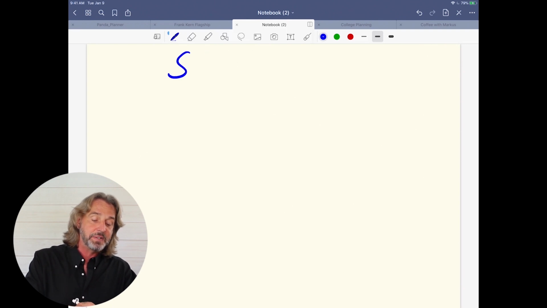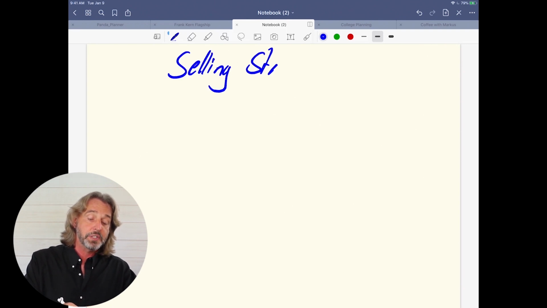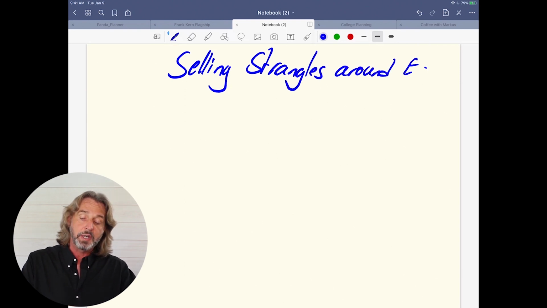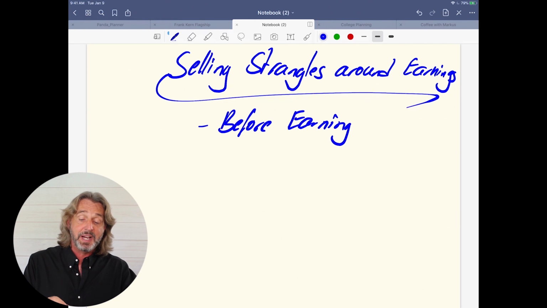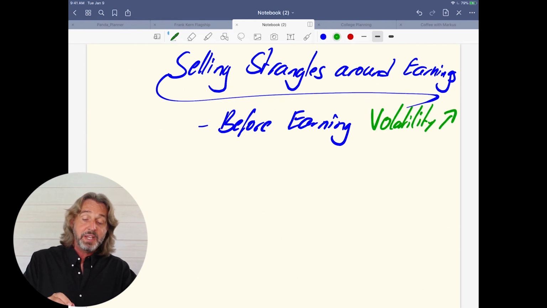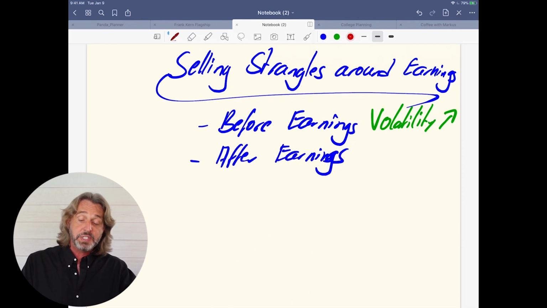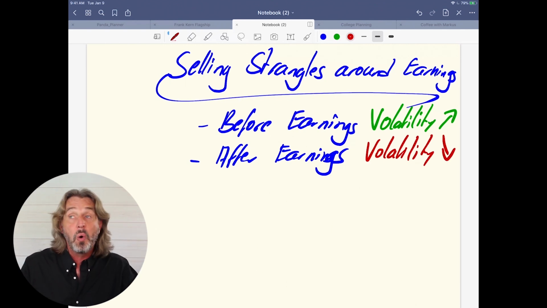Let's say it is selling strangles, so selling calls and puts around earnings. So the idea is that before a company announces earnings, uncertainty is high, and since uncertainty is high, volatility is high. And then right after earnings, we should see a volatility crash, because now people know what a company came out with, and